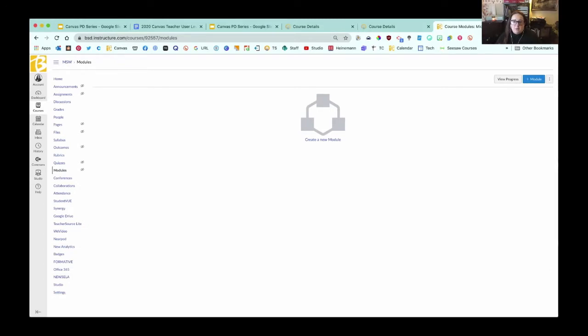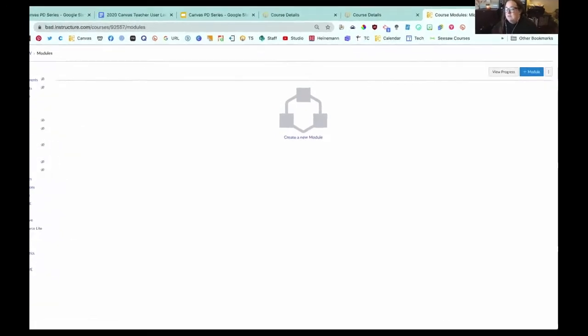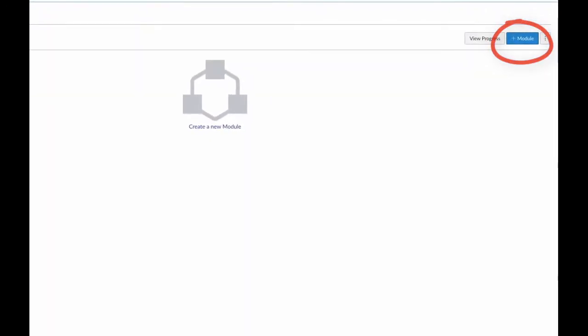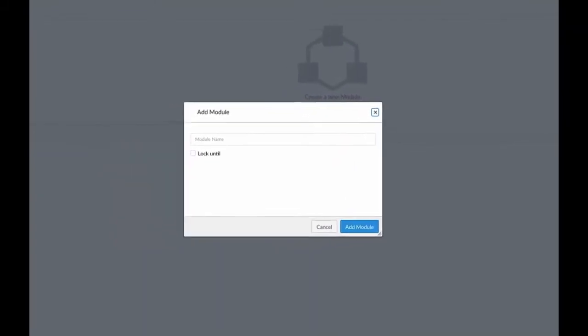Now, as we talked about previously, where we have level 1, level 2, level 3, a level 3 option is to start looking at setting requirements and rules within modules so that students can self-pace through your course content. Again, that's advanced level material, so we're setting you up to get to that point. Modules are also a good way to think in terms of content planning, backwards design, that sort of stuff. So to create a module, you're just going to go up into the right-hand corner